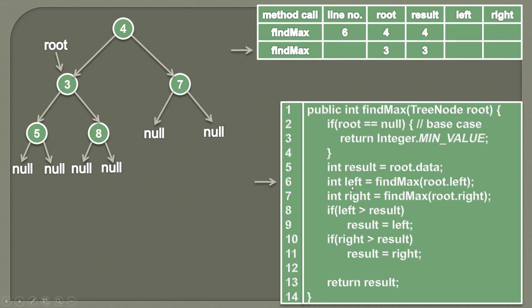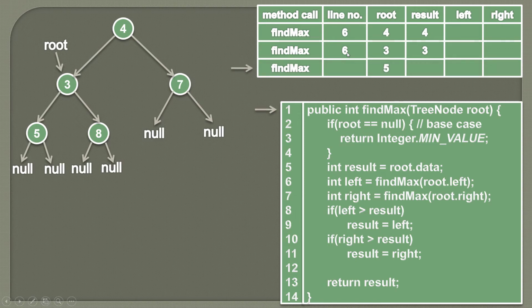So first we will go to the left of this root. So we will call findMax again, and this time we will pass root's left, which is 5. But we are leaving this findMax method, so we'll simply keep the track of this line number, which is 6. So now findMax will be called again with root's left, which is 5. So our new root will become 5. Root is not equal to null, so this condition comes out to be false.